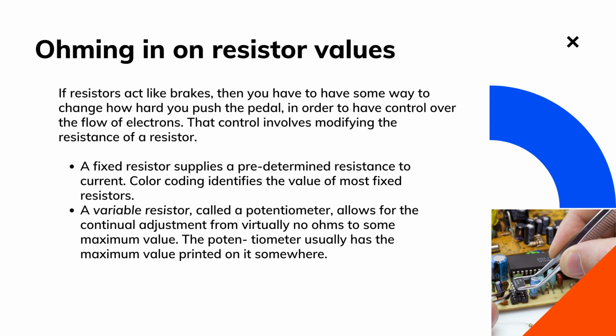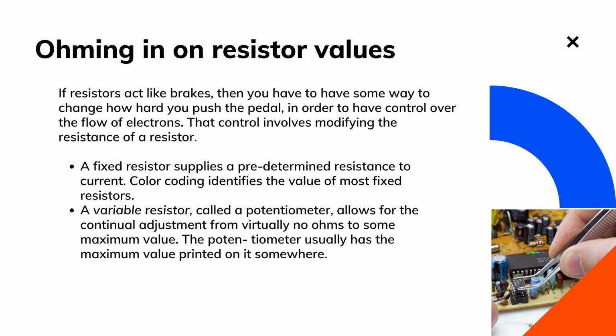To understand how you can adjust resistance, you should know that there are two basic types of resistors, fixed and variable. Now here's how they differ. The fixed resistor supplies a predetermined resistance to current. Color coding identifies the value of most fixed resistors. The color coding starts near the edge of the resistor and is comprised of 4, 5, and sometimes 6 bands